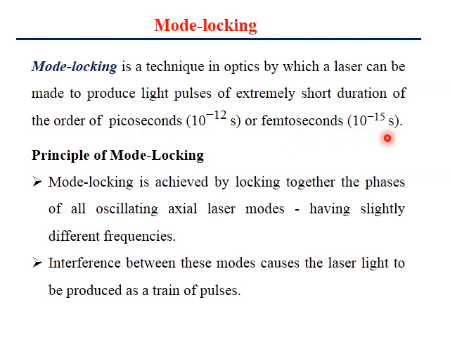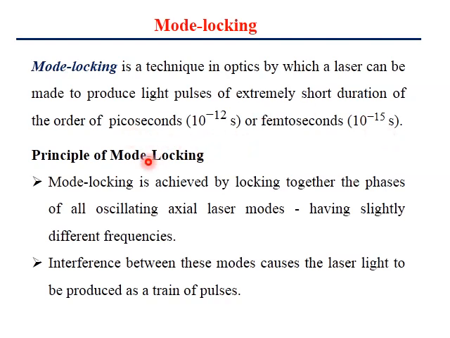So up to nanosecond lasers, Q switching is fine. Mostly in nanosecond lasers you will find that we have Q switching. But when we go to picosecond and femtosecond, mode locking is used, and sometimes Q switching is also used together, but it is mainly mode locking which is used to generate the shorter pulses, also called ultrashort pulses.